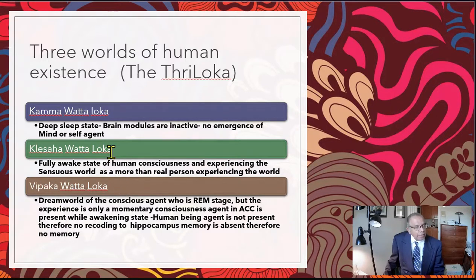What I believe he is trying to emphasize is that there are two types of conscious agent presenting here. The Vipaka Vata conscious agent is momentarily experiencing the experience, but there is no continuous writing of that experience, and it is not given to the long-standing, continuously living person, which is in the hippocampal memory writing area, also the explicit memory generating region conscious agent, which I will come back to again.